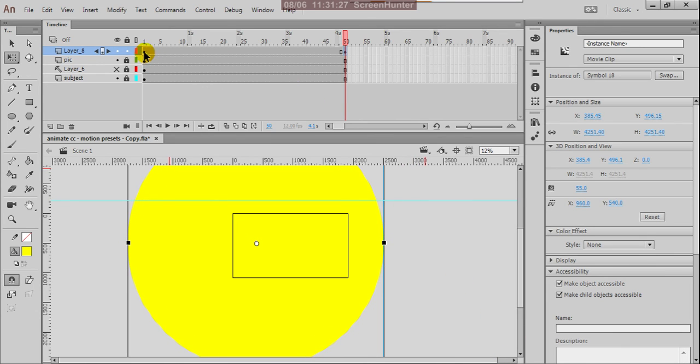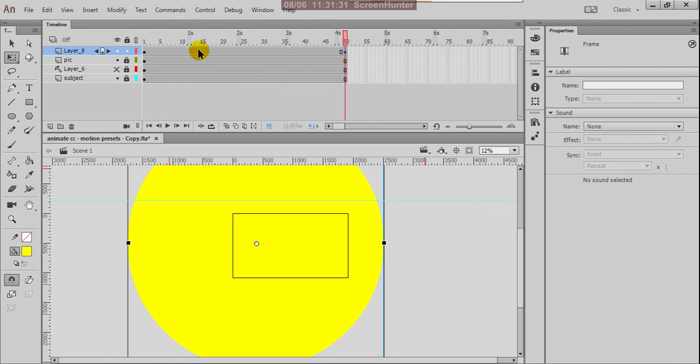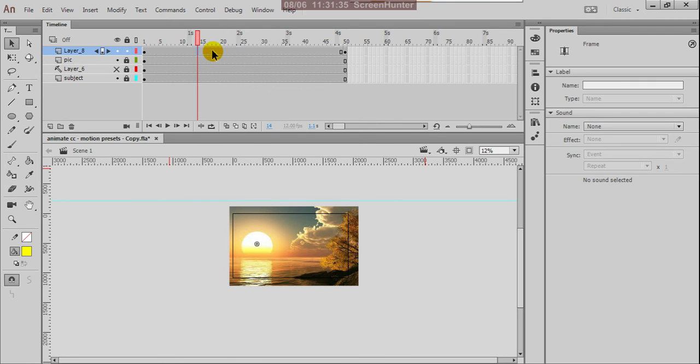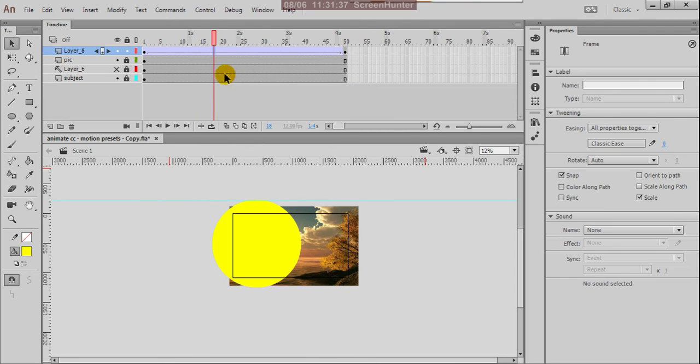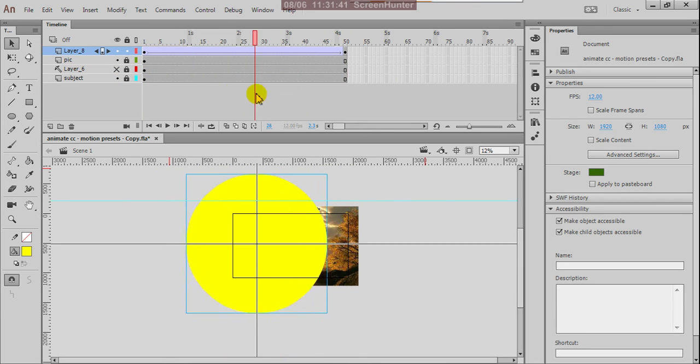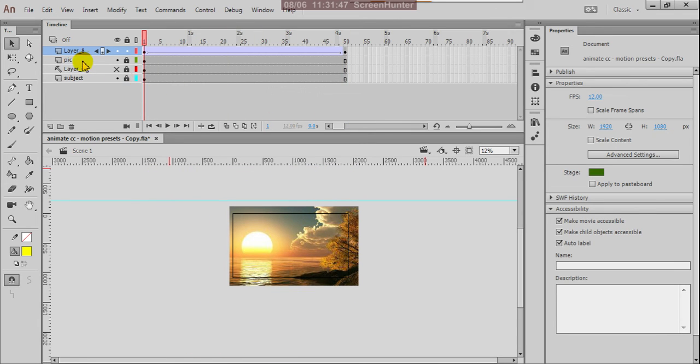Cool. So this is smaller and this is bigger. Now between these two you can apply create classic tween. See, it is small to big size, it is animating.